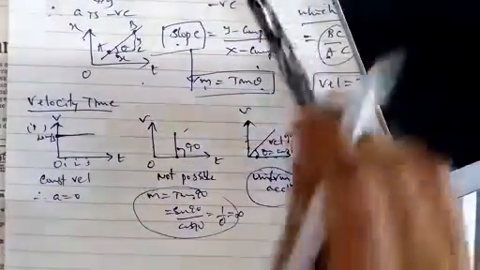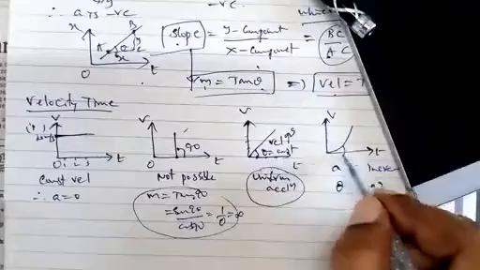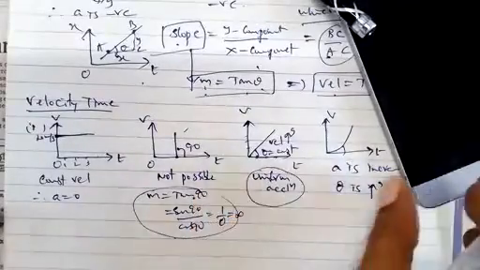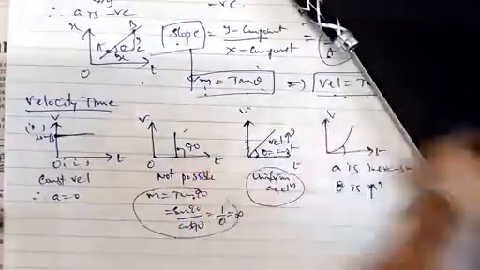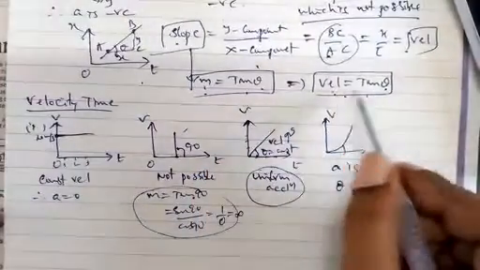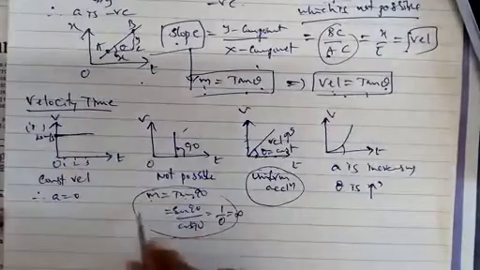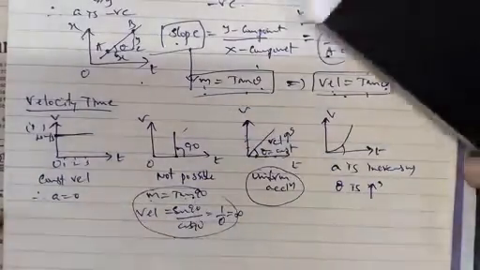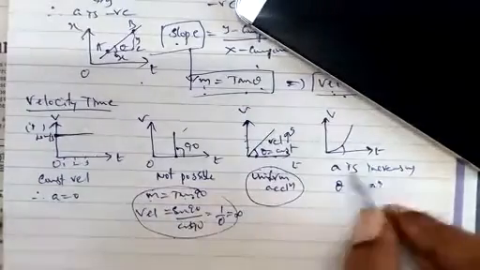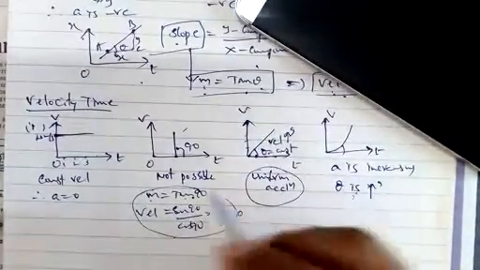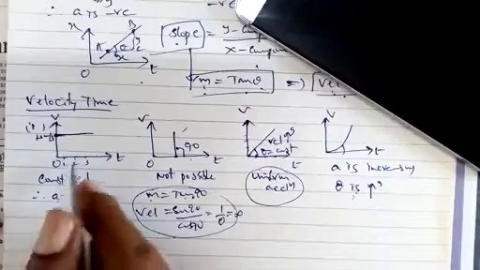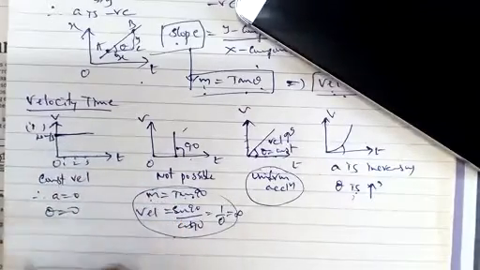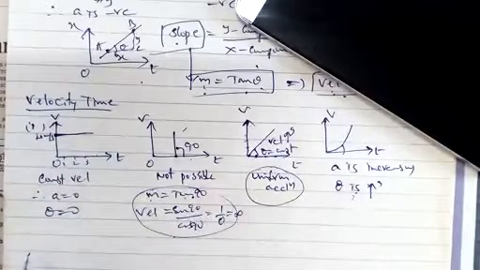Now here we can find theta. I have just said m is equal to tan theta, so velocity is equal to tan theta, as I mentioned. M is equal to tan theta means the velocity can be found using the angle. So here theta is increasing, here theta is 90, and here theta is constant, it is not making any angle, in this case theta is equal to 0. These are different types of graphs.